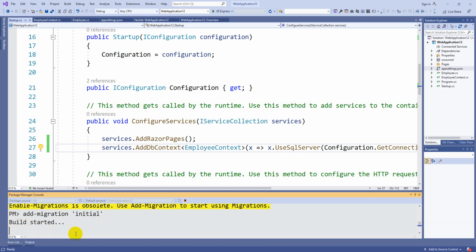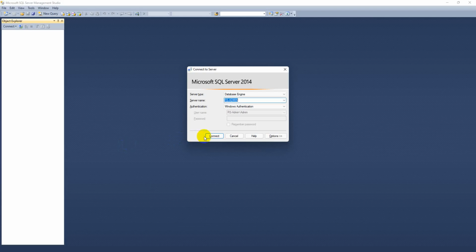The build started, you can see that. Let me connect to my database and check.